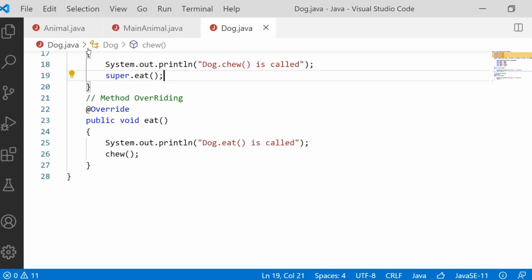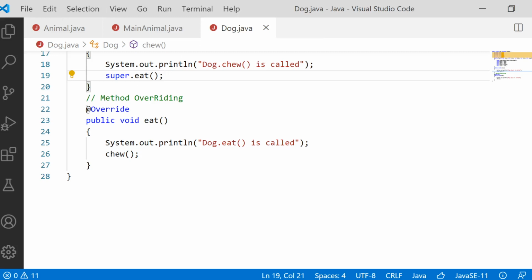The animal class has a behavior called eat. The dog class also has a behavior called eat, but general animal eating and dog eating functionalities are different. The behavior name is the same, but the behavior is changing. The animal eat method does one functionality, but the dog does a different functionality. So same method name, but different functionality. If it has to be implemented in the superclass as well as in the subclass, then what has to happen?